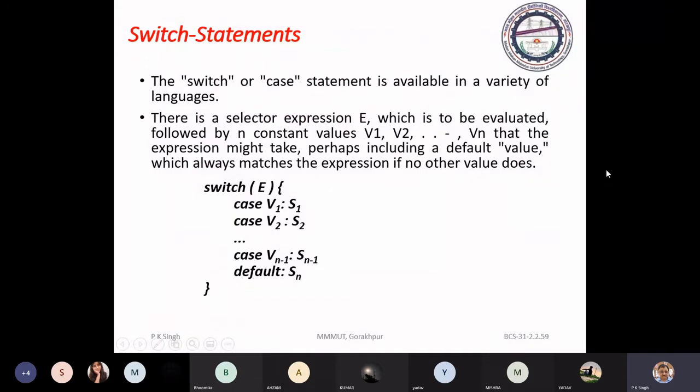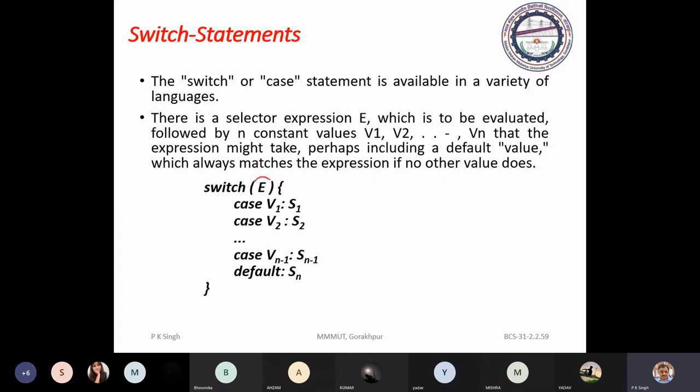So in the last term we started the translation of switch case. Almost every language has this construct. How does this construct work, and how can we go about translating it?